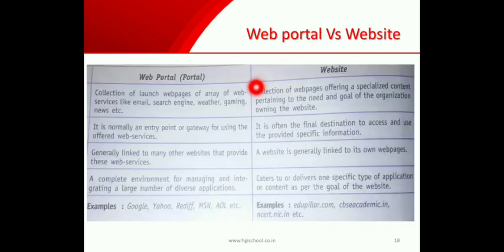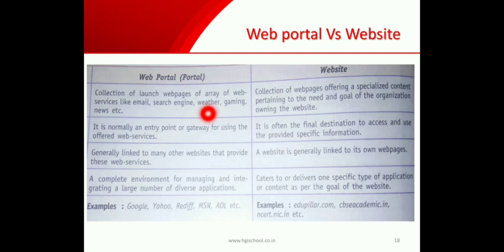Now we'll study the difference between web portal versus website. A web portal is actually a collection of web pages of an array of web services like email, search engine, weather, gaming, news, etc. A search engine you know is google.com. It's very famous and it is actually a web portal. When you write google.com in the address bar, the web portal of Google will open. From there only you can access your email and see the search bar,